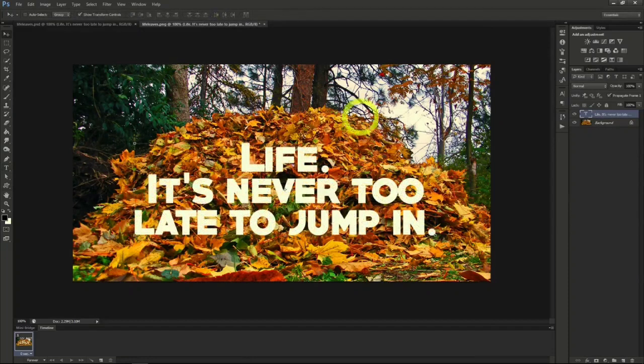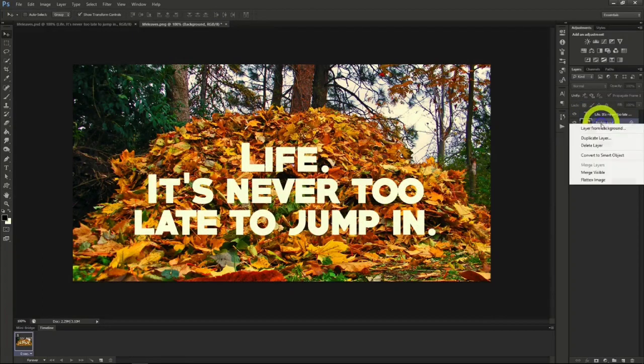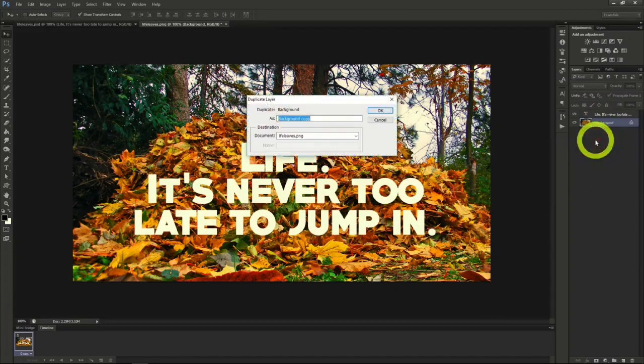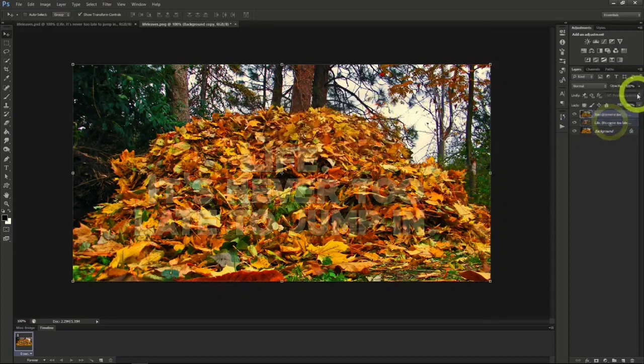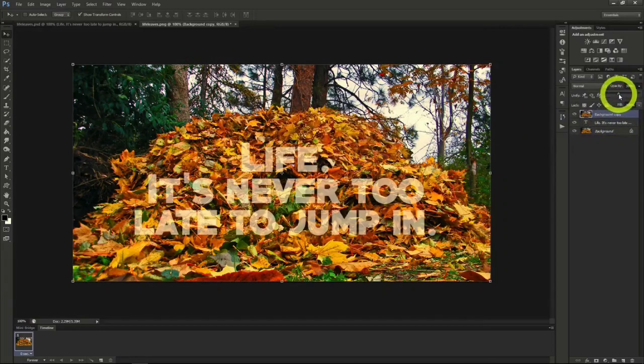To do this, let's create another background layer copy on top of the text. And we can drag the opacity down enough so that we can see the words behind it. Doing this will allow us to see what leaves overlap onto the letters, and we'll begin extracting the letters using the Quick Selection tool. We'll do this so it has some of the leaves on top to make the letters